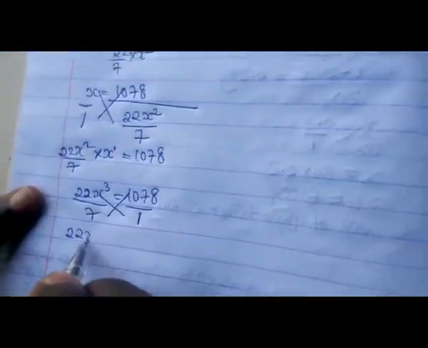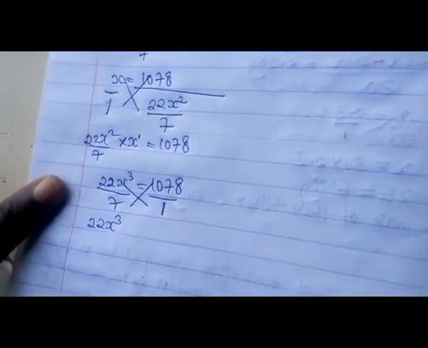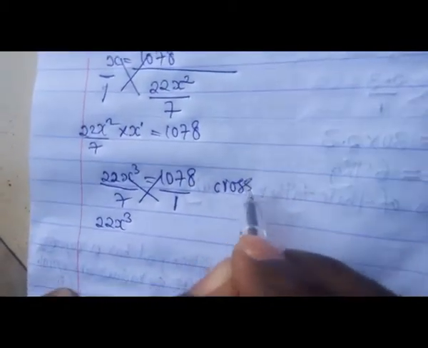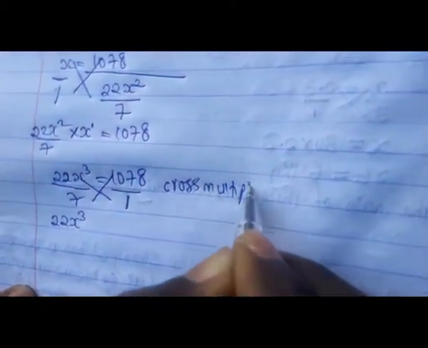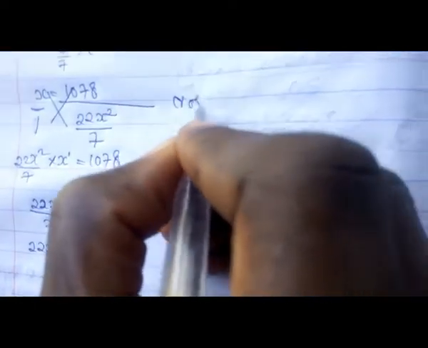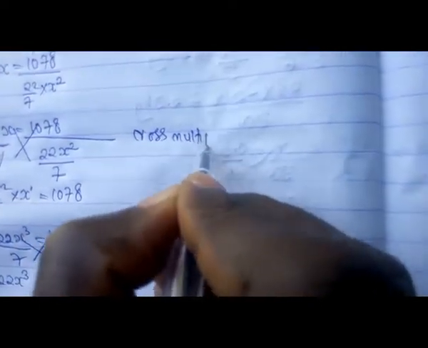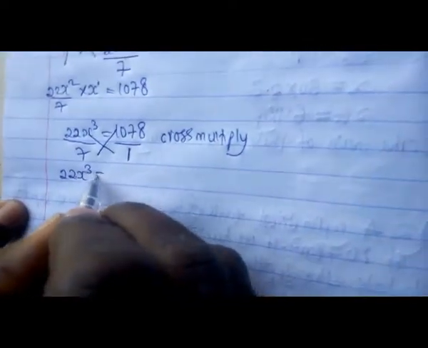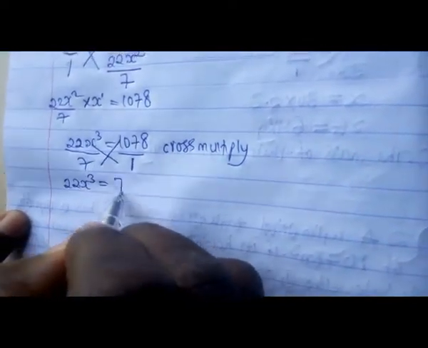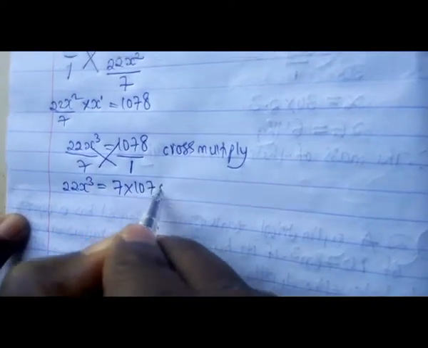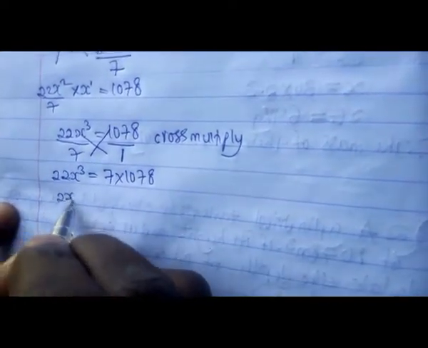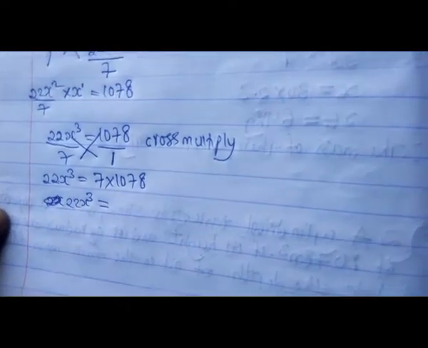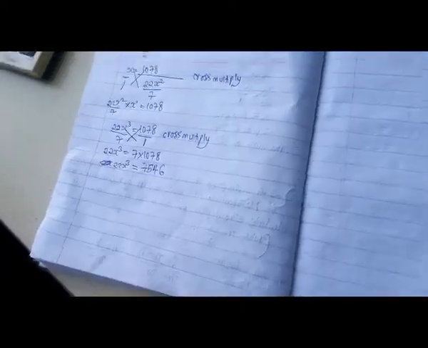So let me write cross multiply here so that you can understand. It will be 22x cubed times 1 equals 7 times 1078. So it becomes 22x cubed equals to